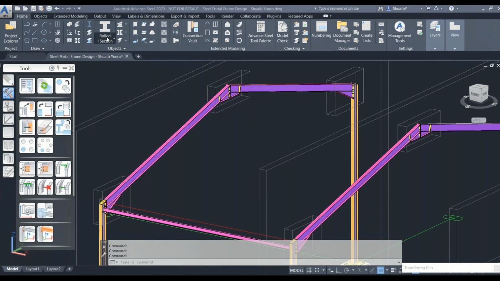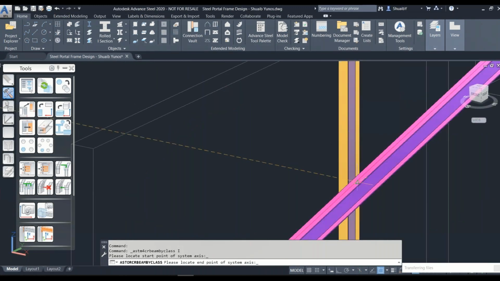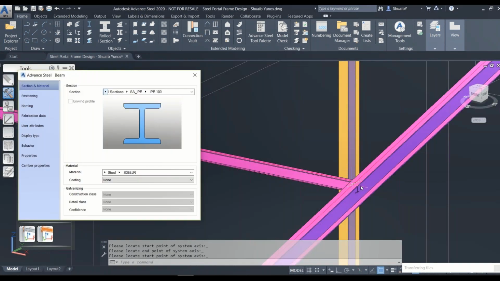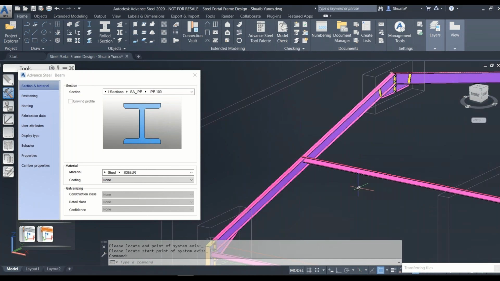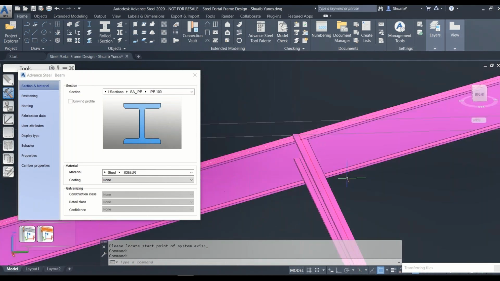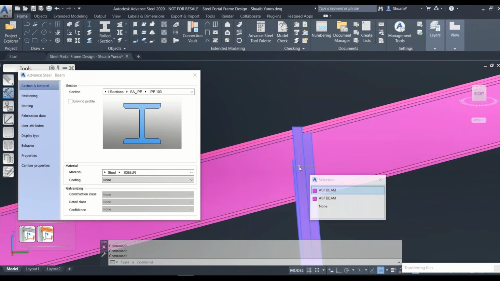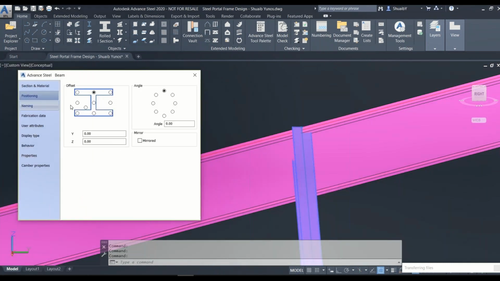Now let's maybe just add another one over here. So I've used the center point snap. Again, it'll normally be closer to the apex, but just for time, I've just used the center snap for illustration purposes. So again, we've got the positioning problem here. And you can see the angle of the roof is not matching up with the actual section. So what we can do is, first of all, we're going to drop it to a degree that